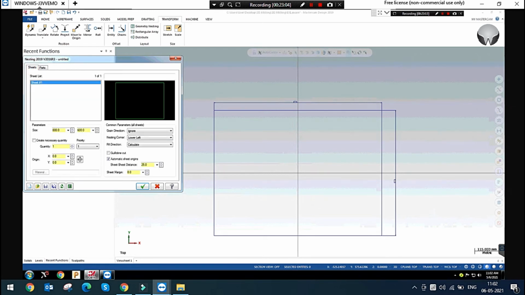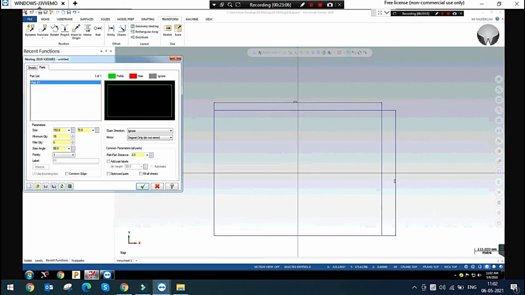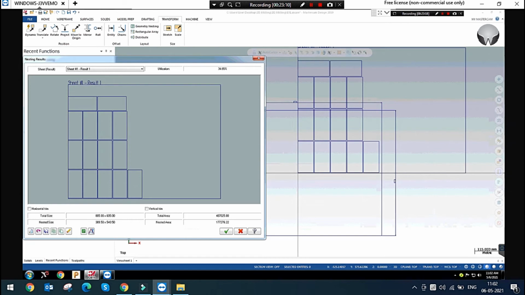I don't know these many options, I will explain this. I'm just clicking OK. Now we can see this has been fitted. There are 15 numbers. The balance seats are available. Total seat size, total area, and nested size is 389.5, 540.5.